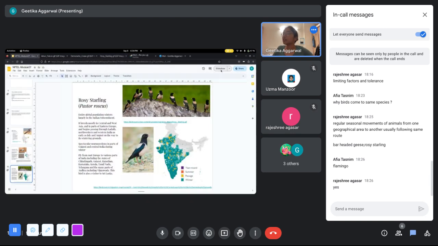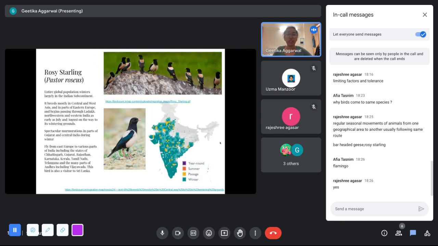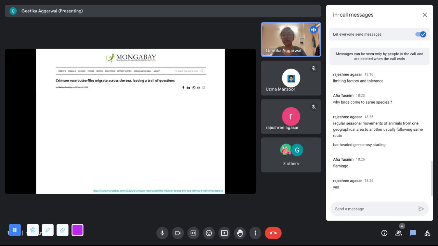Okay. So it's not just birds that migrate, even though birds are very famous for their migrations because they do it over very long distances. But even insects like butterflies and dragonflies also move and migrate seasonally. So I am gonna show you some examples of that. There is this butterfly which is called the crimson rose butterfly, which migrates across the sea from India to Sri